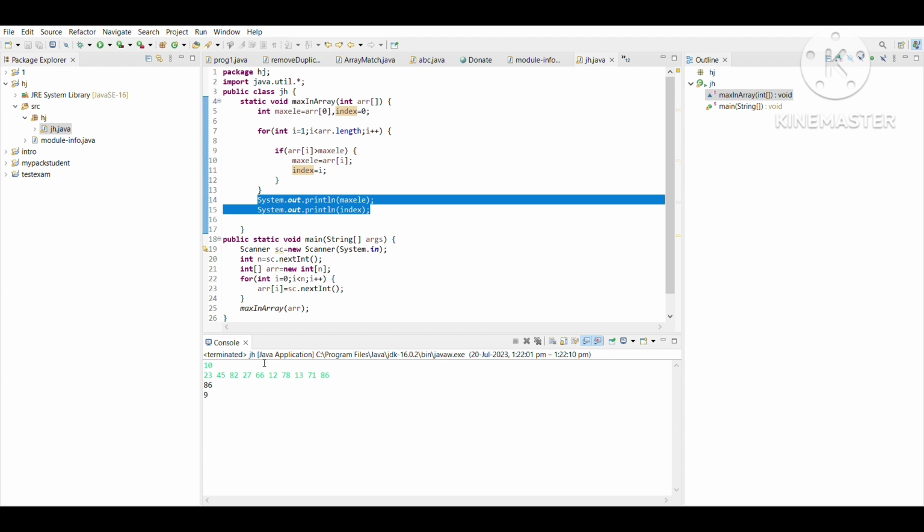So now let's check it. Here is the input we have already shown you, and we can see that the output is